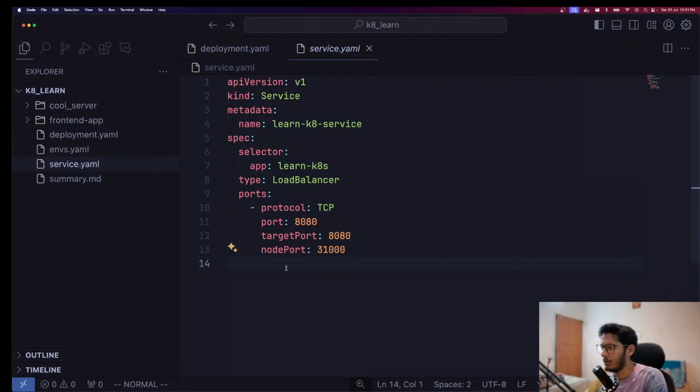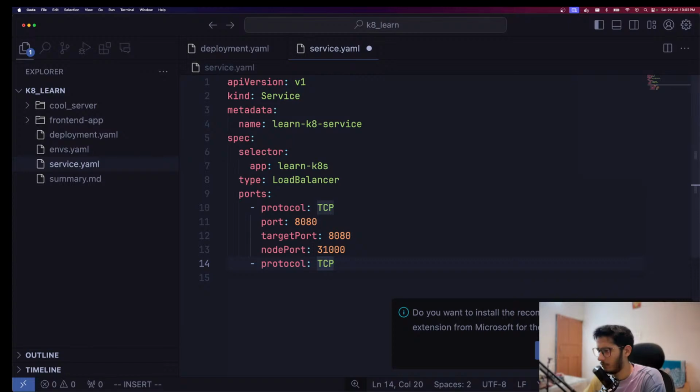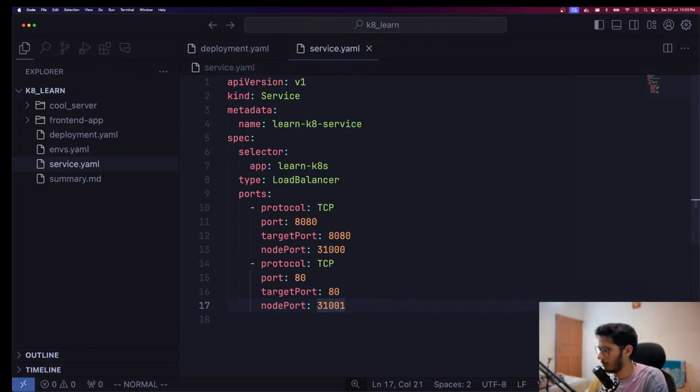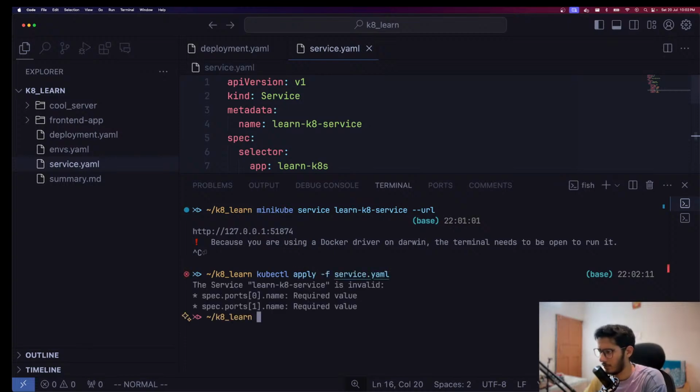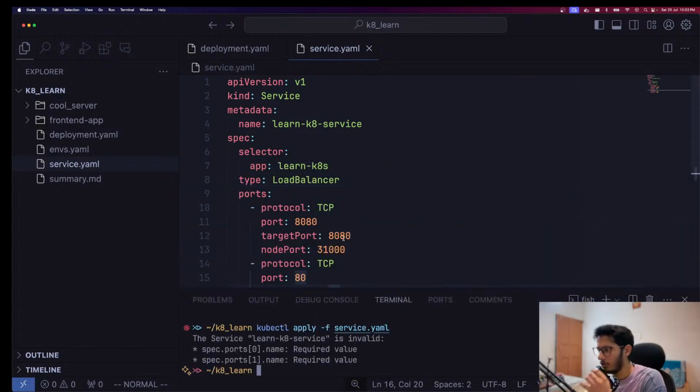I mean, could we have more of these? I don't know. Could we have one more TCP, and maybe we can have port 80 and, you know, at node port 3100. Maybe this might work. Let's try kubectl apply service.yaml file, and it says name is required. So ports,